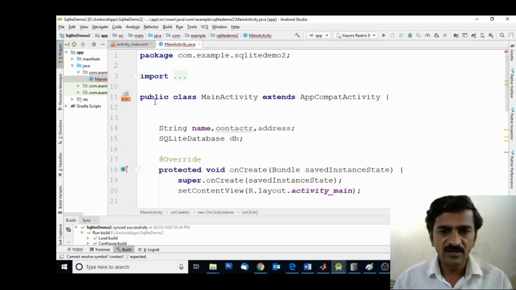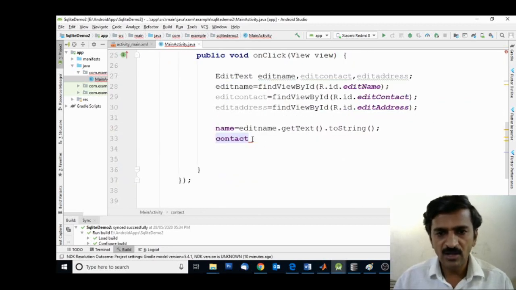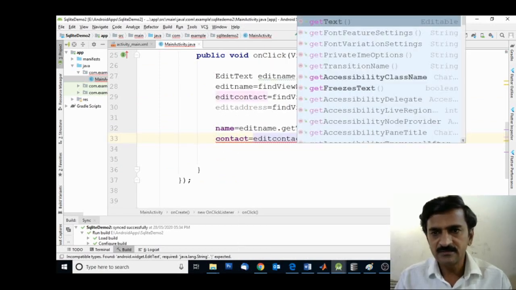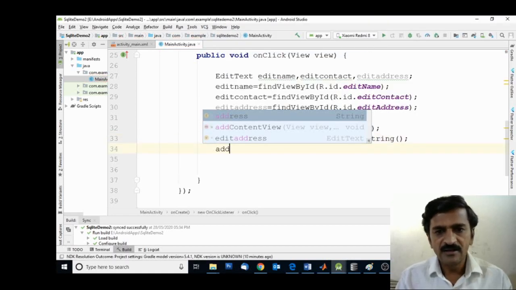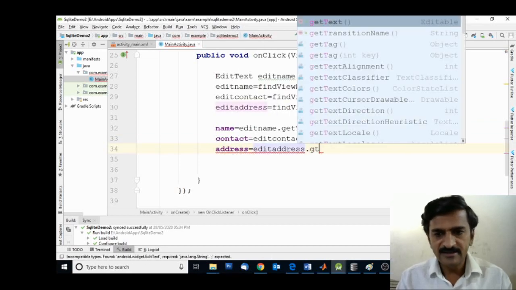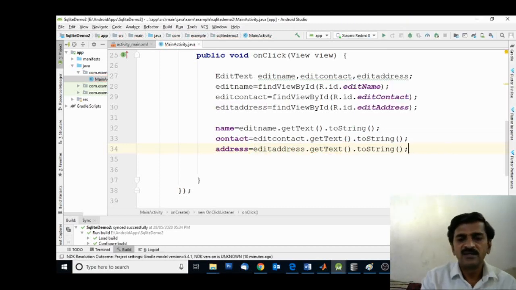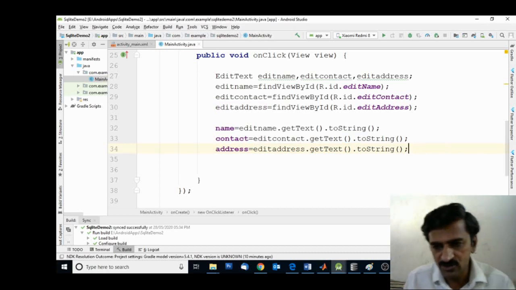So I am writing contact equal to editContact.getText().toString(). Similarly, address equal to editAddress.getText().toString(). So in this way, we can get the data which is entered by the user into that edit box.